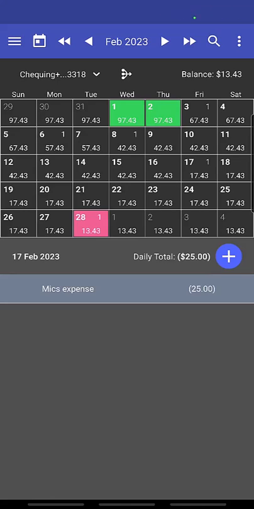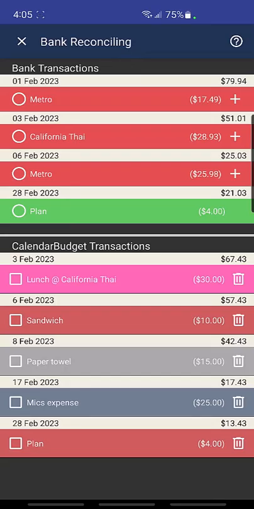There is a new icon at the top center of your main calendar between the balance and your account name. Tapping on this brings you into the new bank reconciling screen. In the top half of the screen are transactions from your bank account that need to be reconciled with transactions